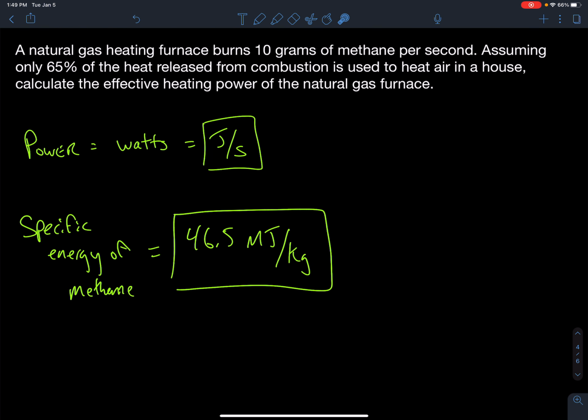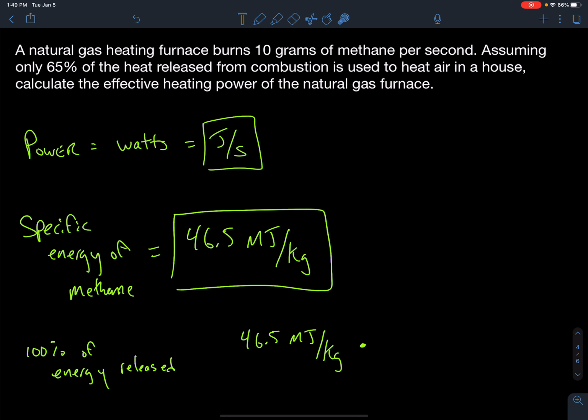All right, so first I'm going to look at if 100% of the energy is released, well, then I would take the specific energy, which is 46.5 megajoules per kilogram, and I would multiply that by how many kilograms there are in 10 grams. So in every second, I will multiply this by 0.010 kilograms per second. My kilograms are going to cancel out. And if I multiply those two values together, I'm going to be left with